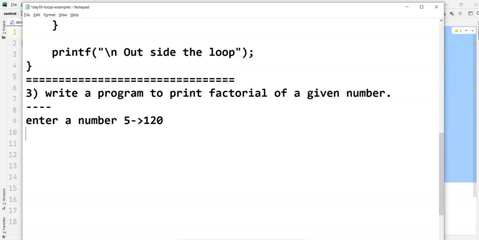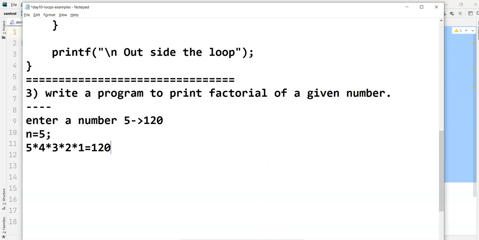So first, whenever you are writing a program, you need to understand the logic behind the factorial. The factorial of a number is nothing but the product starting from 1 and ending with n. So if n is equal to 5, I need to multiply 5 into 4 into 3 into 2 into 1. That's where you'll get the output as 120.